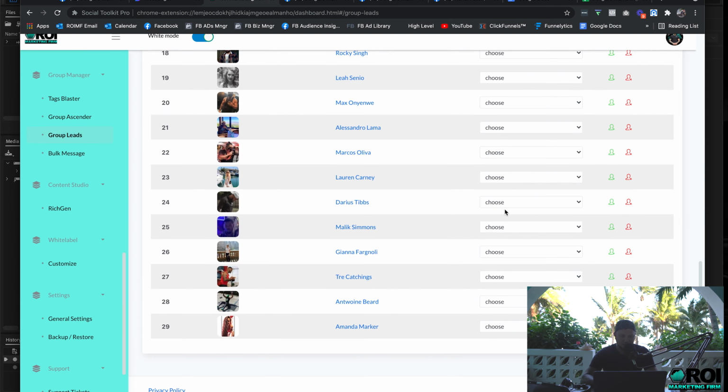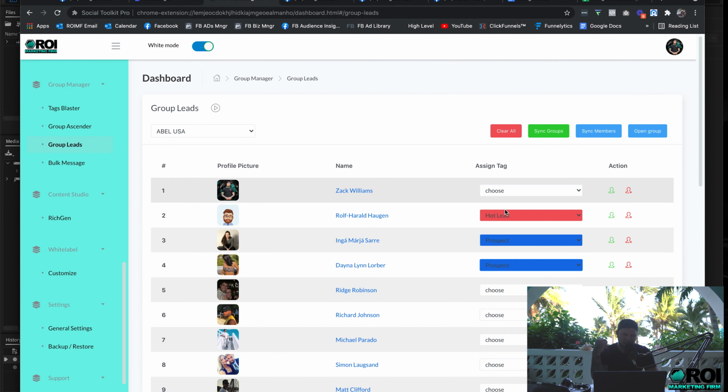So this is our group lead section. Again, this is very different than the Friend Seeker because you're not adding any specific tags. This is very, very useful if you're a realtor or something like that where you know all of your targeted audience is going to be in one specific place. And so you can actually come in and scrape all the information of all the members that are in this